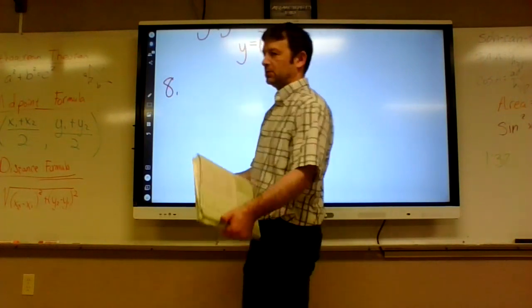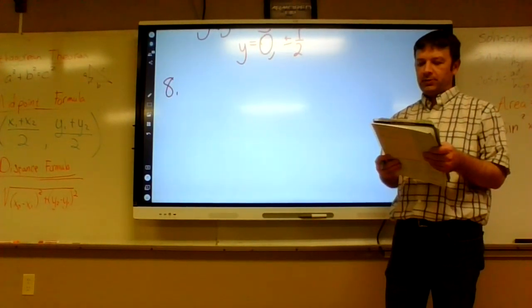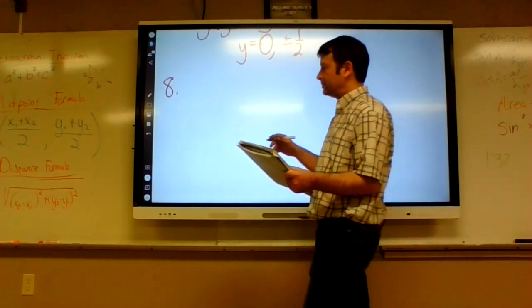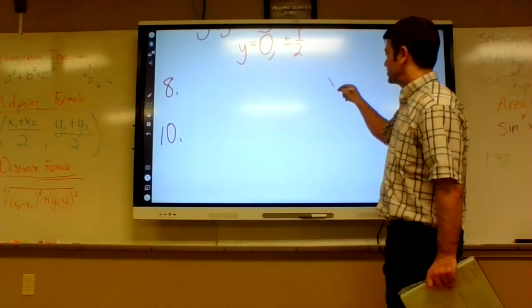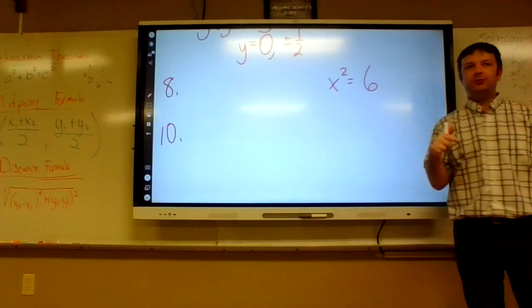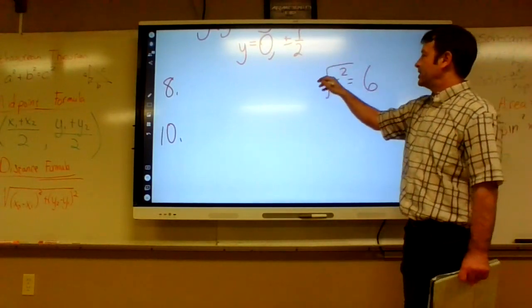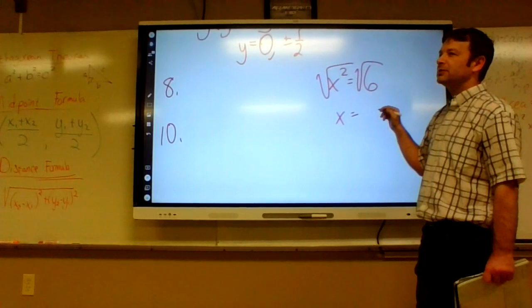Number 8. Solve by taking roots. Actually, we probably should do number 10 together. You guys remember how to do number 7? x squared equals 6. Solve by taking roots means taking square roots. So how did we solve that? We square root both sides, and then you get x equals